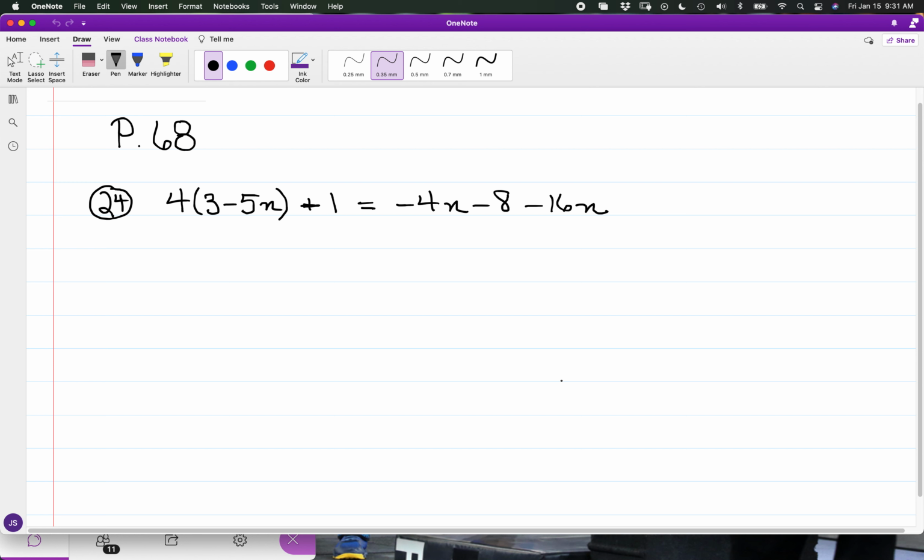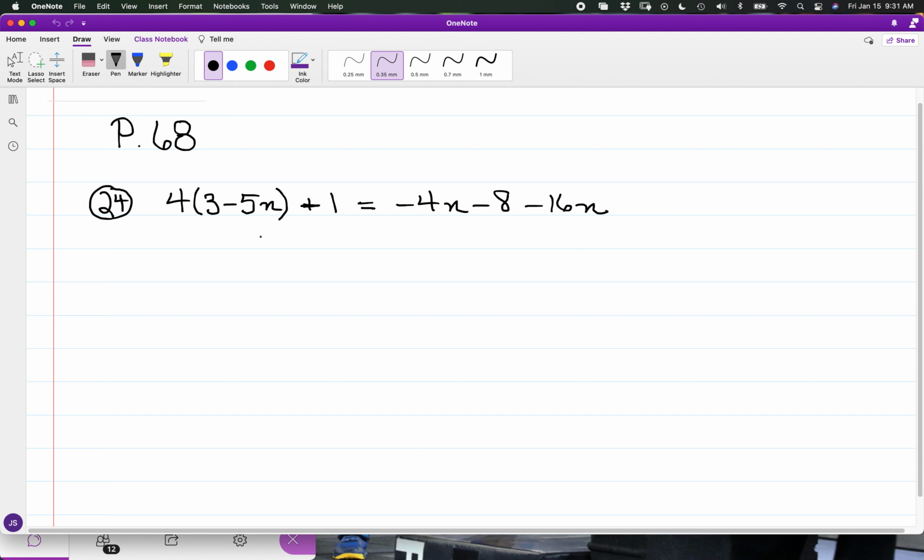Okay, we were looking at this equation in terms of the variable n, and we're looking at not only trying to solve for n, but looking at whether this equation is going to be a sample of a conditional, a contradiction, or an identity. And for what we have in this problem, on the left-hand side, we have 4 times the quantity of 3 minus 5n, followed by the addition of 1, is equal to negative 4n minus 8 minus